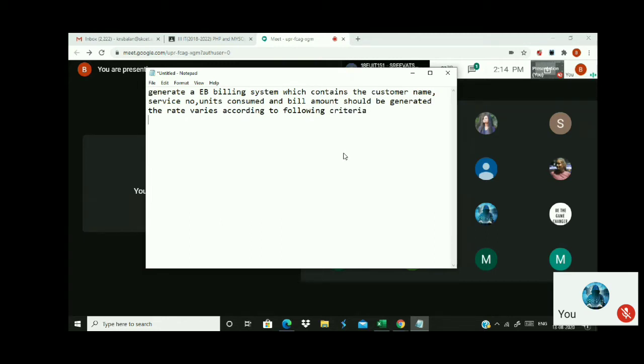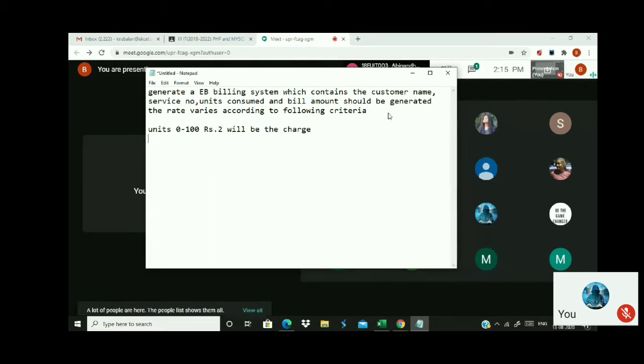Okay, so if the units consumed is from 0 to 100, rupees 2 will be the charge. So if the units consumed is from 0 to 100, rupees 2 will be the charge.